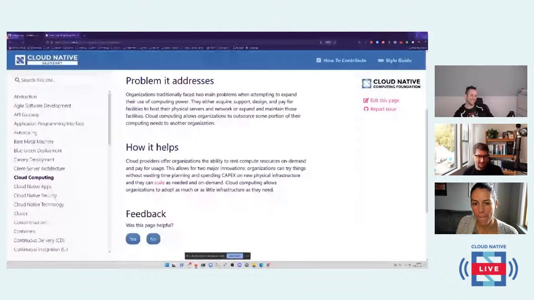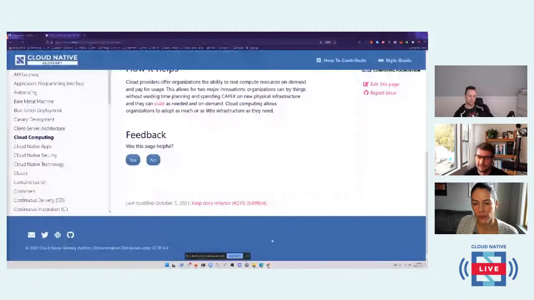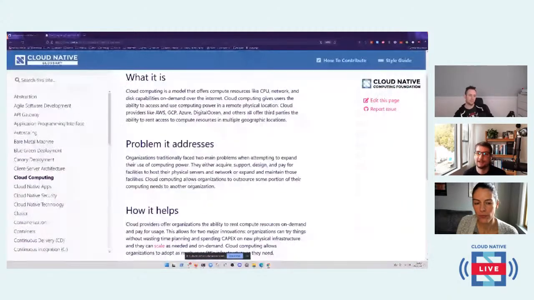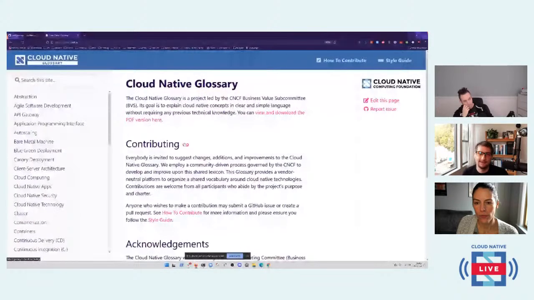I really like that you have that ability to capture feedback and get a sense of, is there something we can improve here, or is there something that we can get added? One question that I have for you is, why is it open source? Can you talk a little bit more about that?